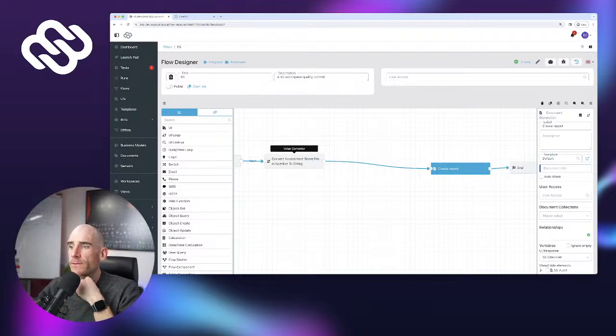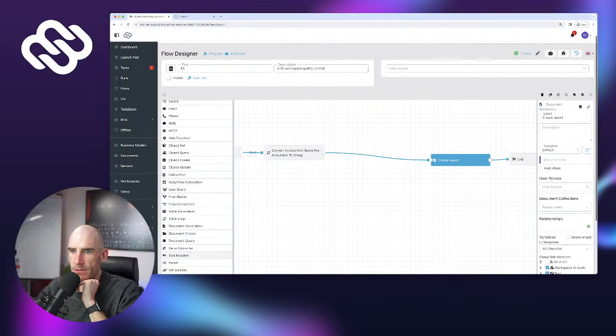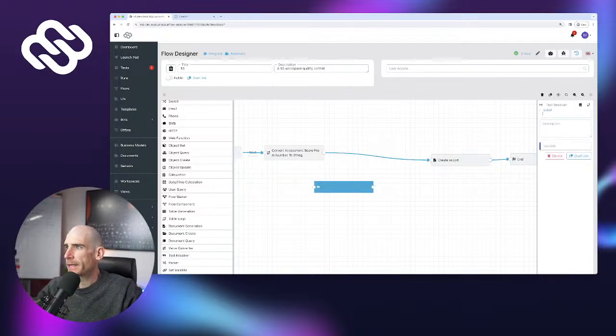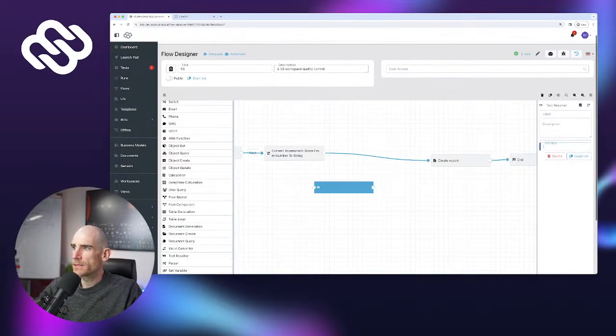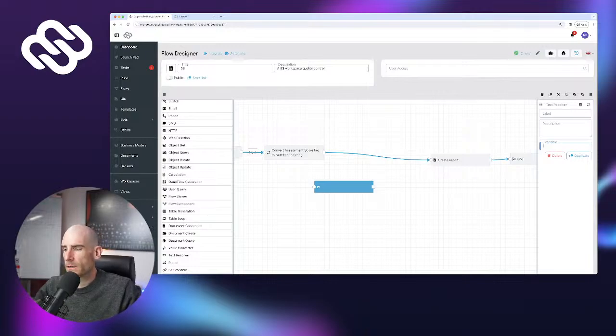And I'm thinking of adding today's date and the name of the equipment, obviously. So I'm gonna create a text. I'm gonna need a text resolver. I can have a block of text with various variables inside it,